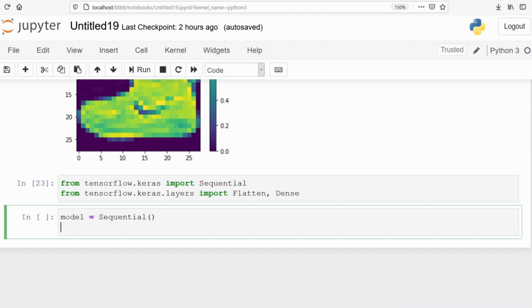The Flatten layer will be used as the first layer and it will transform the data into one dimension. We will use the function model.add Flatten. Here we have to give the input shape, and here we'll define 28 by 28, which is the size of our grayscale image.